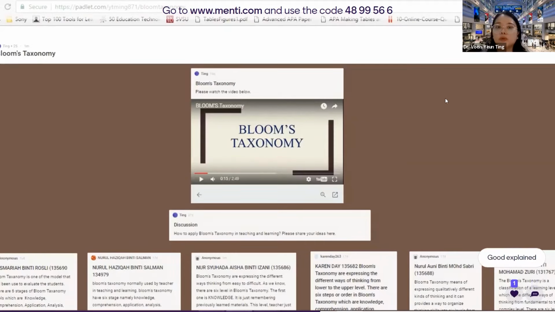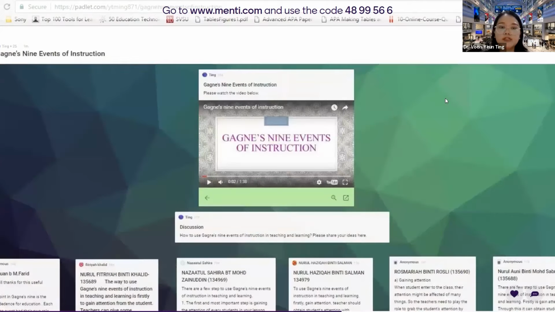Okay, now we go to another slide. So you can see the students have to answer all of these, because I have to do some marking for them. Because I'm doing a flipped classroom environment, that means all the tasks, sorry, I forgot to mention this. For the app puzzle and the Padlet, they have to watch all the videos and do all the tasks before they come to the class. For example, they have to watch this video and answer the question.